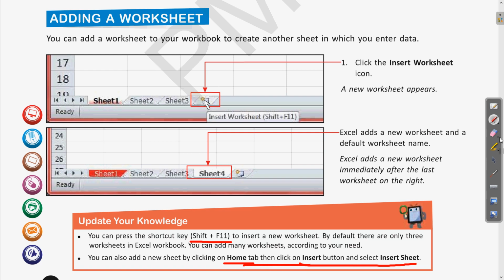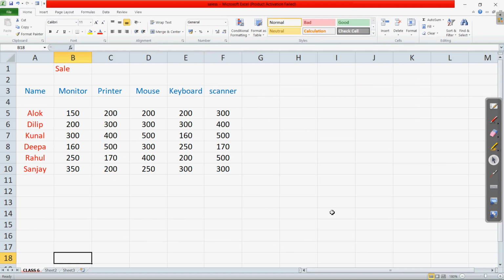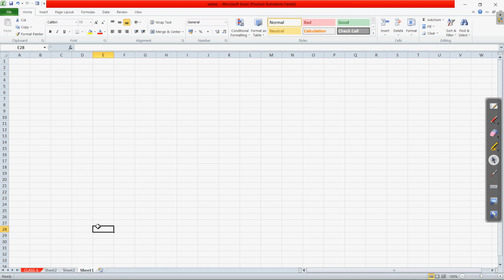Let us see. If I come to the Excel file, here you can see right now there are 3 sheets. Clear? Now if I want to include one more sheet, what we have to do is click on this new worksheet option. When I click on this, you can see a new worksheet. Earlier the sheet which was named sheet 1 was renamed class 6, because of this the new one is given sheet 1. Now if I click once more, you can see this is sheet 4. Clear? So this way a new sheet can be added to these existing worksheets.